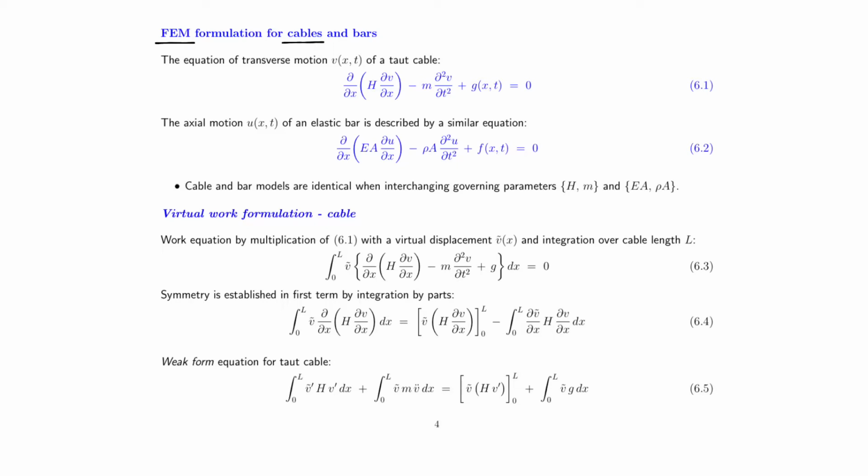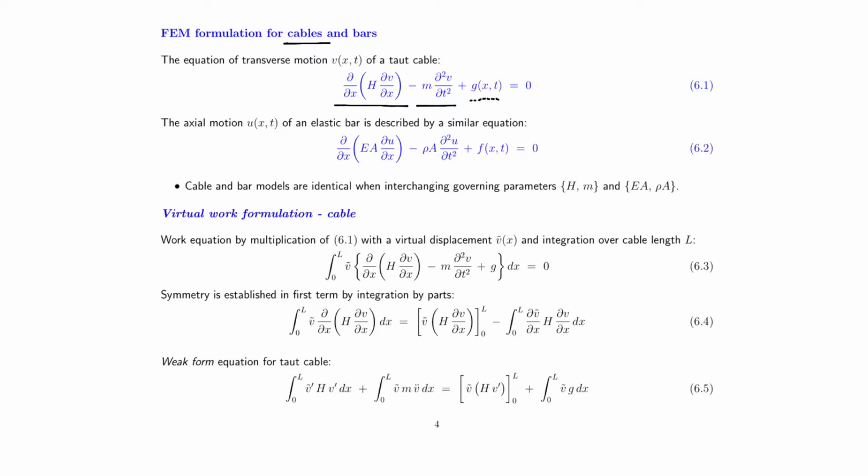And as we demonstrated in lecture number 5, the modeling of a cable is similar to the modeling of a bar. You simply have to replace H by EA, and of course for the finite element formulation of cables, we will have the well-known partial differential equation with a first term, the stiffness term, governed by the tension force in the cable, in the taut cable. The second term will represent the inertia, where m is the mass per unit length, and we might have some external